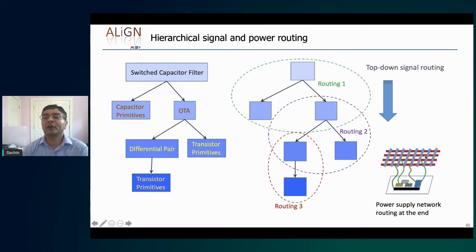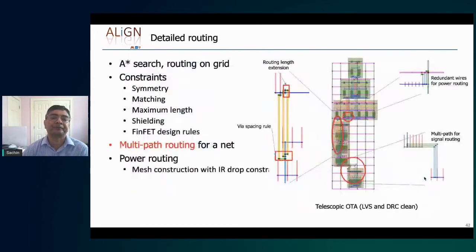We also incorporate power routing. Power routing is really important because analog circuits often feature very large currents, and these are DC currents that flow constantly. Unlike a digital circuit where your current really is fed to the circuit at the time of switching, in an analog circuit, if you have a current bias, for example, it can be constantly sinking current, which induces IR drop in the power grid. So we need to design these very carefully and make sure that the IR drop is not large so that the quality of VDD and ground is very high.